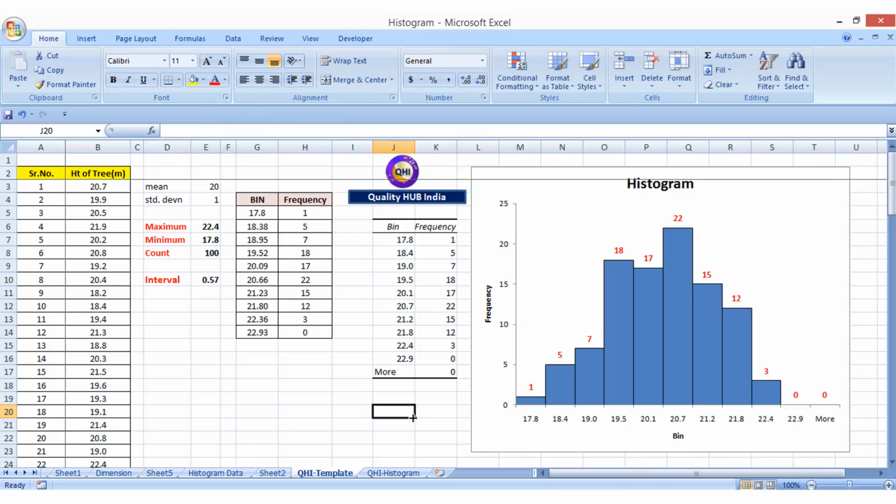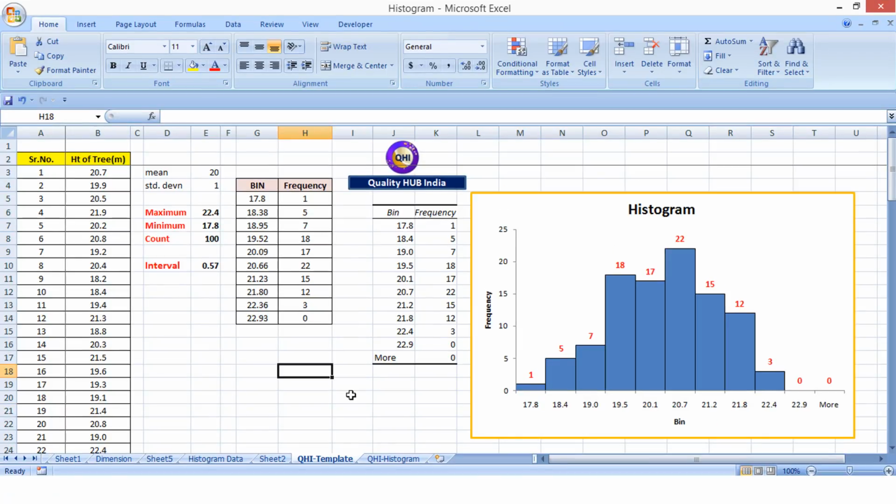Friends, in this type of histogram making, with the use of data analysis tool pack, you don't need to put any effort into calculating the frequencies. That's the only effort you can save. Friends, today I taught you 2 ways of making histogram in Excel sheet. Now it is up to you to select the best option for you.